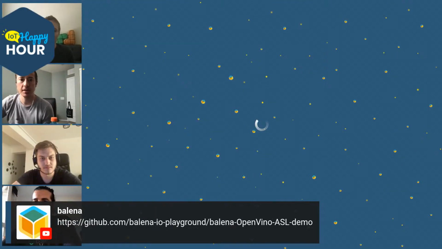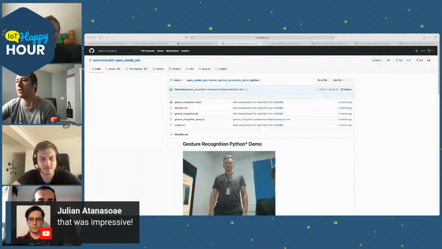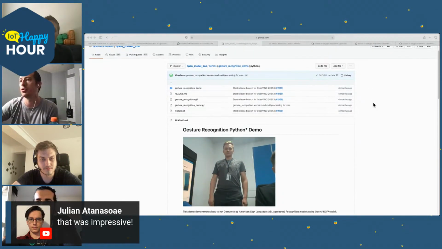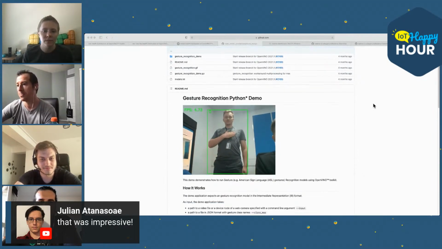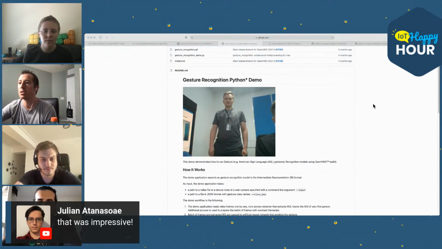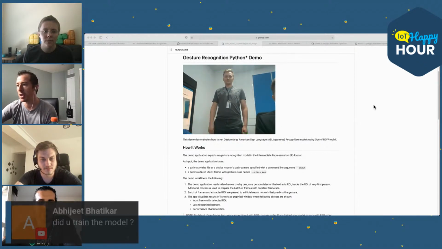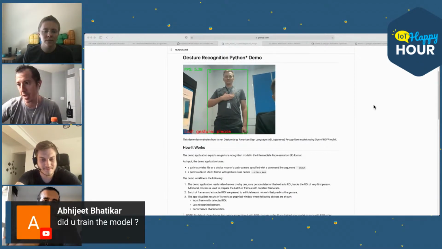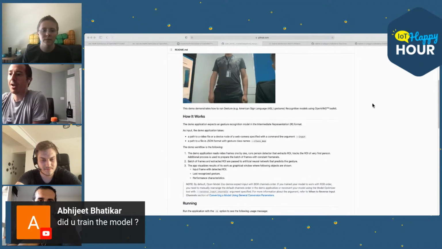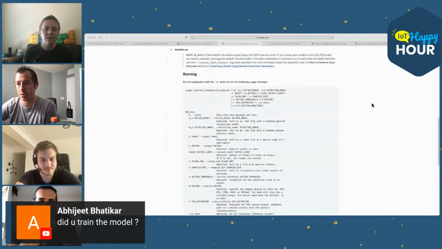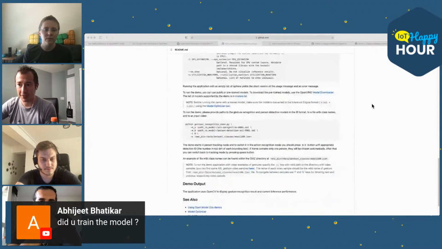That's really neat. Here is the application that is running, which is gesture recognition. In this particular case, we're using the pre-trained ASL model. However, gesture recognition could mean a lot of things.